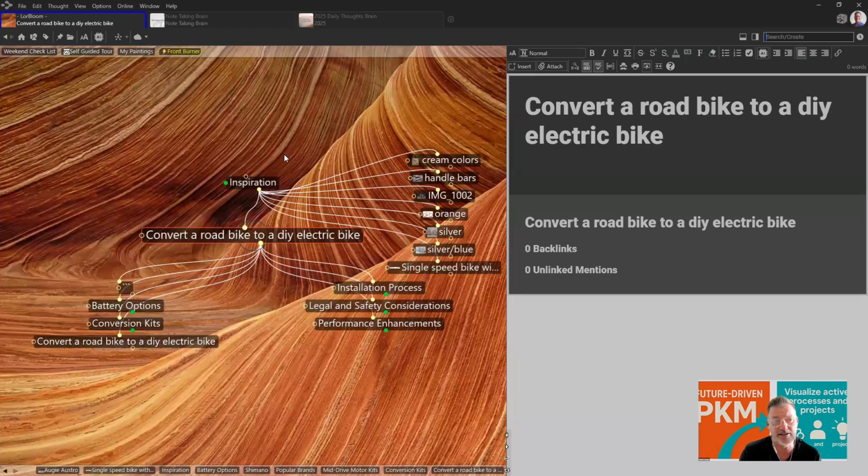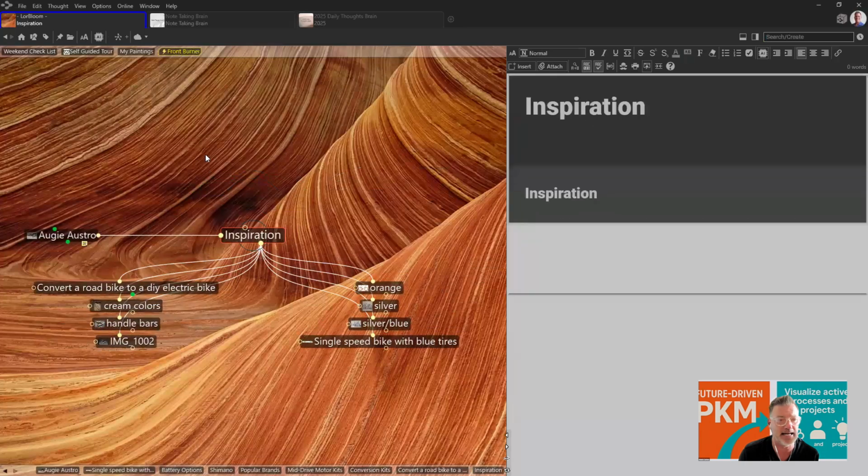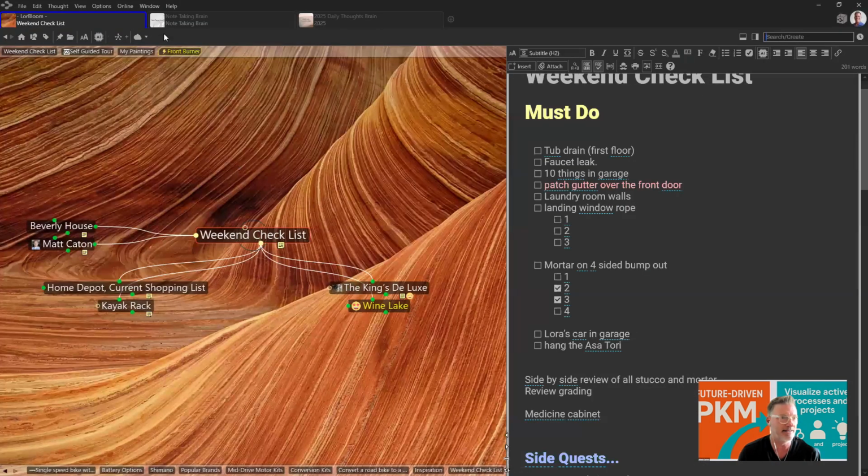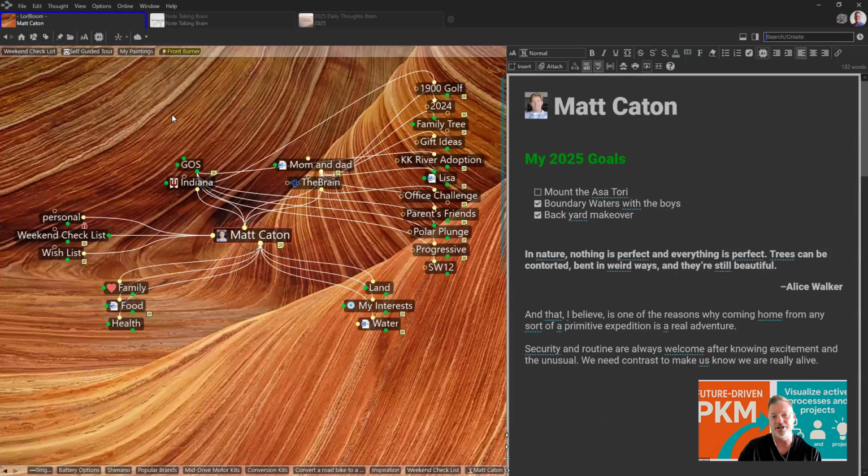And I believe with that, I've talked about journaling and notes and given some examples of inspiration. And this brain is my life dashboard. Like I said at the very beginning, this is a brain that I created years and years ago, and I continue to update it and expand upon it. It is my life dashboard moving forward, so I can always refer back to it at any time.